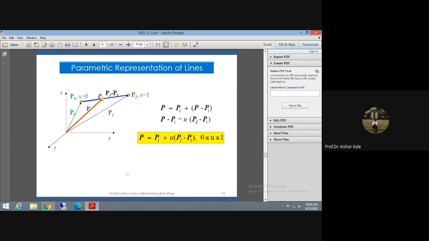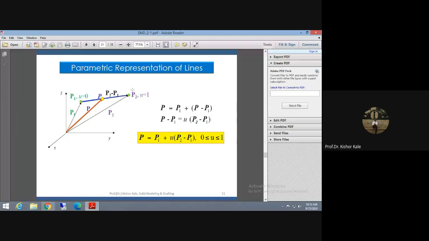Now you will find the parametric representation of a line. In our CAD systems, whether it is any software, you will find all these equations are written in terms of parametric representation only. Now we come back to what is meant by parametric representation of a line. In this sketch on the screen, this is x, y, z, your Cartesian coordinate system. This is for your understanding only. Actually, this is not required.